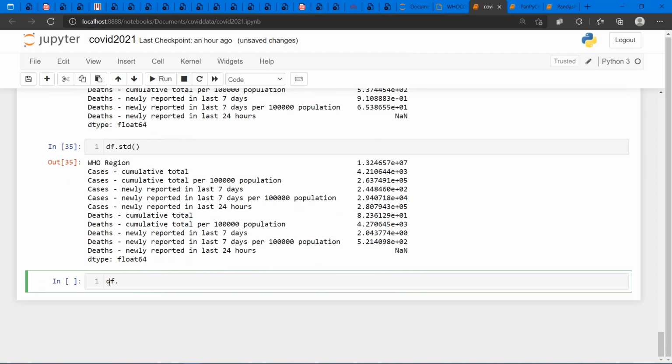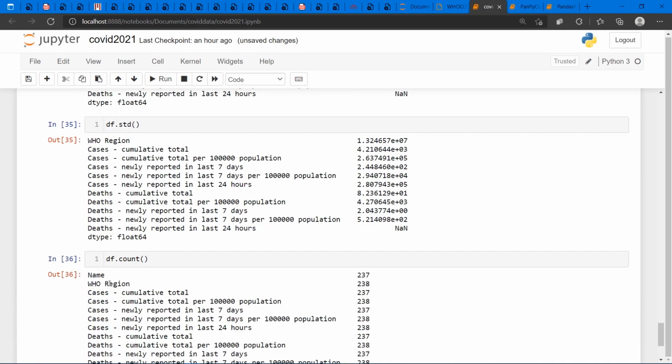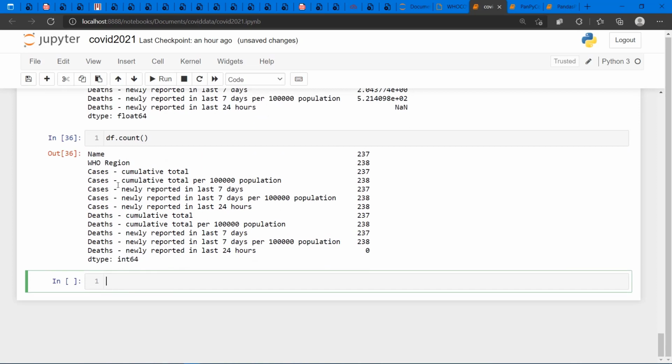Df dot count. Parentheses, shift enter. So there's a count for each and every column. So these are the values. Okay, so the counts for the full region, cases, cumulative,